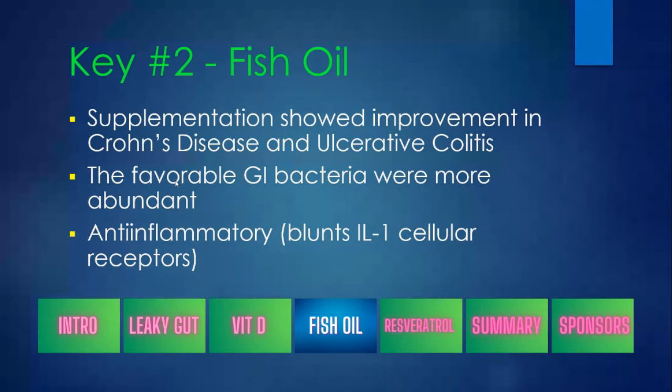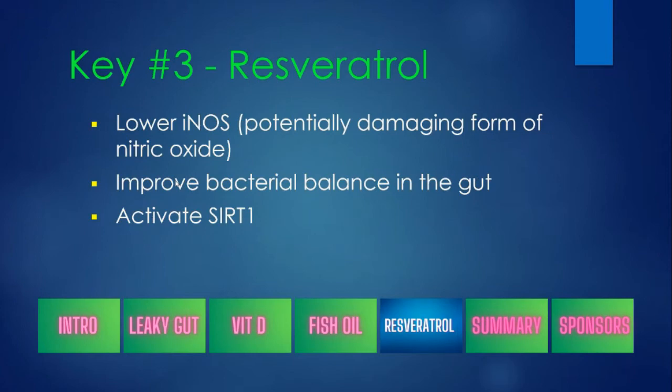So this is huge, right? We're talking about GI tract inflammation and GI tract bacteria. This could be very significant, make a significant difference. I recommend vitamin D and fish oil, or at least essential fatty acids from some source, to almost everyone that I work with, because almost everyone needs it unless they're already taking it at sufficient levels. It's fantastic. The third key supplement to help support GI tract inflammation and GI tract bacterial balance is resveratrol.